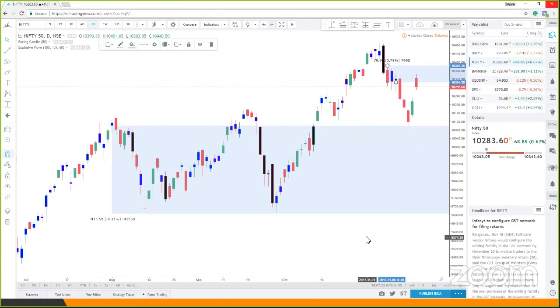So ideally, we would be looking for buying, but we need some corrections to happen. Now, when it comes to demand areas on this script, with a longer term perspective, this is where we have something which looks like quality. Other than that, in between, we don't have any zones which look like quality, which means Nifty is trading at around 10,283, but when it comes to going long, where we are trying to hold that position for a longer period of time, we should be waiting for some deep corrections to happen, which is at around 9,780 levels, right? At those levels, yes, we can think about buying.